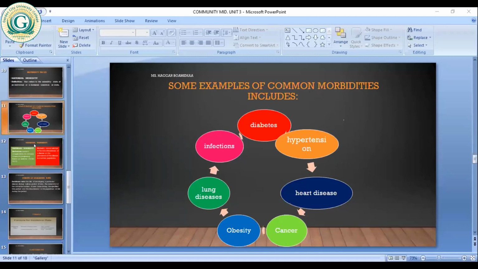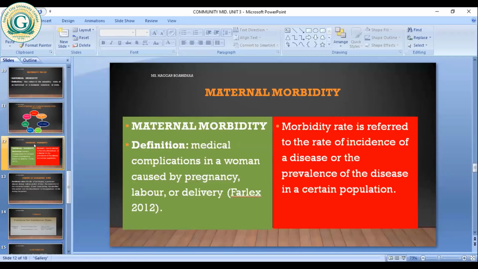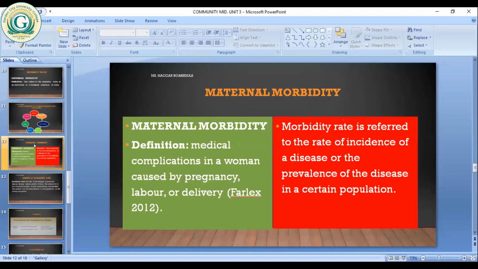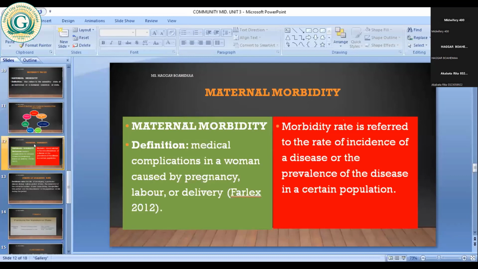So let's continue. Now that we know some of the common morbidities during pregnancy, therefore, what is maternal morbidity? Maternal morbidity is a medical complication in women caused by pregnancy, labor, and then delivery. Medical complications. So what are some of the medical complications? My sisters mentioned during pregnancy, anemia. Labor, somebody mentioned labor, the medical complication that can occur during labor. Somebody mentioned PPH. Then, or delivery, somebody mentioned